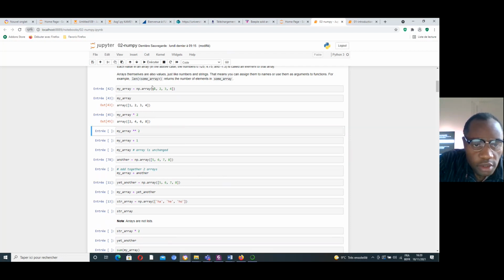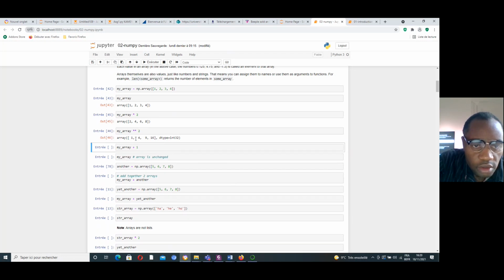When I execute, I get it. The first element is 1, and 1 multiplied by 1 is 1. 2 multiplied by 2 equals 4. 3 squared equals 9.